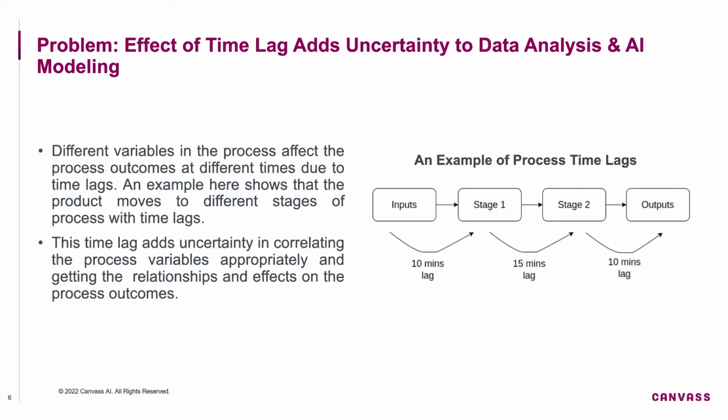In this slide, we are going to talk about one of the major challenges in analyzing industrial data. Appropriate analysis of time series relationships is most important in the industrial sector because most processes are not time linear. Be it a discrete or continuous manufacturing process, there are always time lags in how variables at different stages affect the